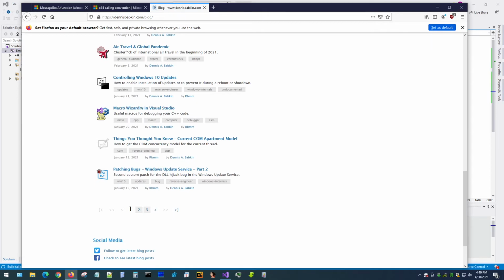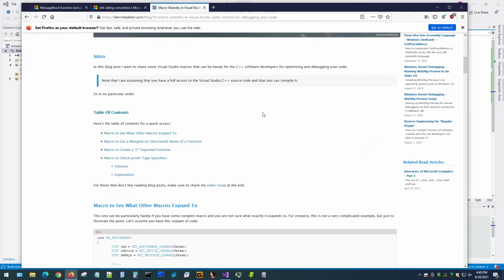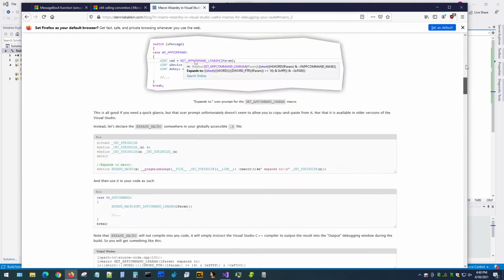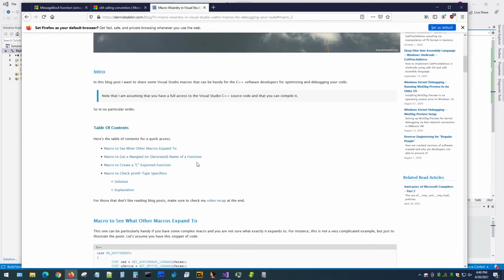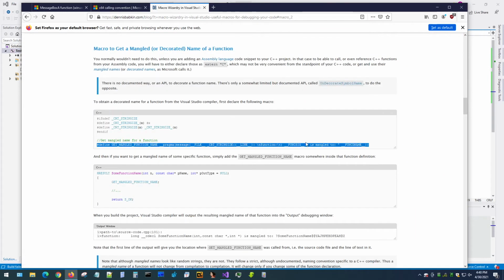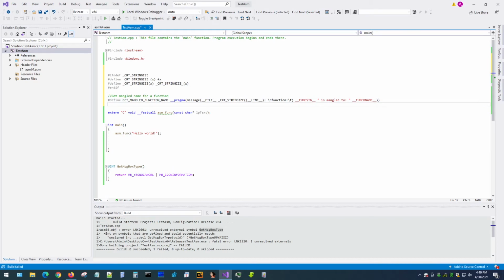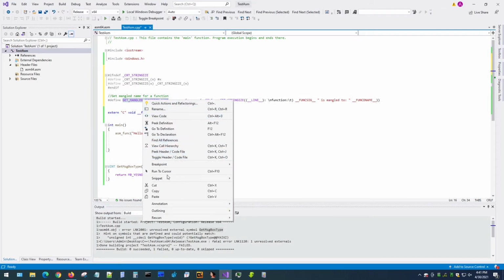I know Microsoft calls it symbol decoration. So if you go into my blog post, Macro Wizardry in Visual Studio, and bring it up, I actually provided a little macro here that can help you with name mangling. So let's copy this whole thing into our project. And just for the lack of better placement, I'll put it right here in one file. What this function does, you can read it in my blog, but basically it shows you a mangled